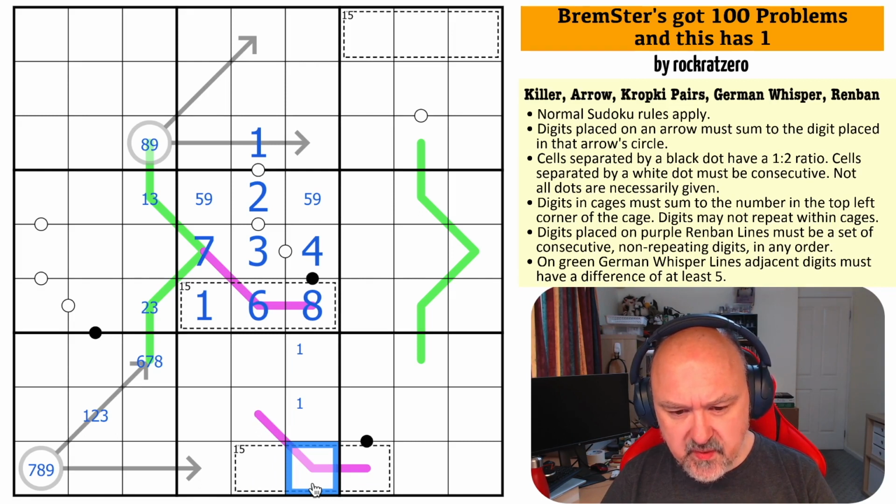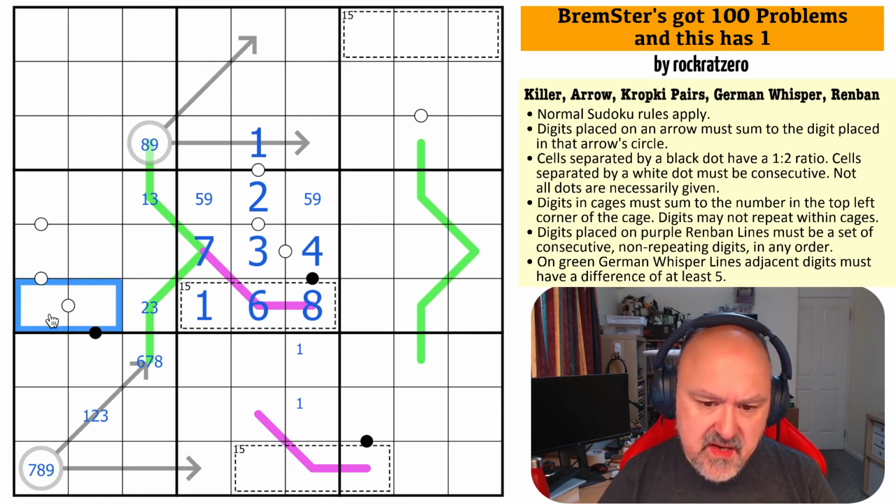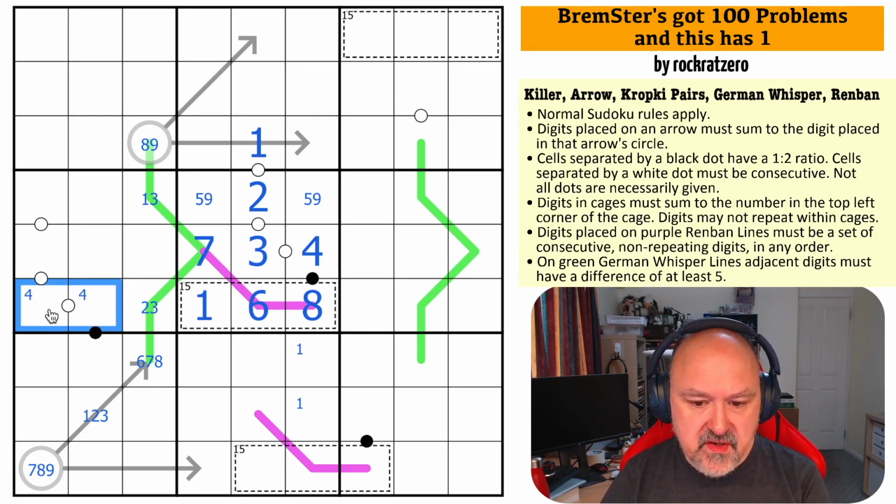I am not sure where to look. I think these have to be low. So I need to put an even digit on this, and it has to be 2 or 4. So there's a 2 or a 4 on this. Now, if it's 2, no, this is forced. This has to have a 4 on it. There is a 4 on here somewhere. Because if it's got a 2 on it, it can't be...